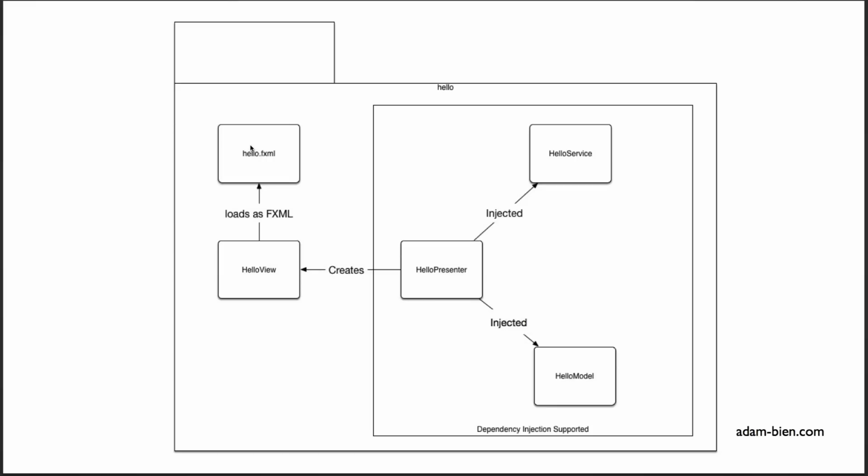So I'm assuming here there is one view with the name hello. OK, hello.fxml. So there is a hello view. If you write the hello view and inherit from FXMLView, what happens behind the scenes is it knows there has to be a file with the name hello.fxml and loads it for you. So there is nothing to load, it's encapsulated, but it's a very simple trick.